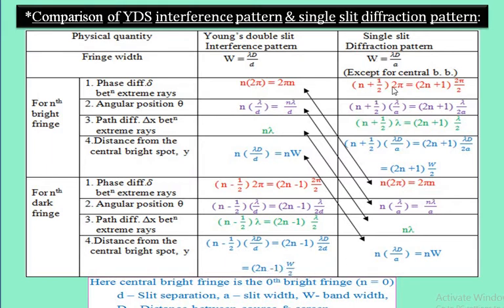And in case of a diffraction pattern, the formula becomes n into (lambda D divided by small a), and this bracket quantity is nothing but the fringe width w, which is equal to n into w. Comparing this table, it is observed that the formulas shown by the arrows are the same, and these formulas are also the same but with a change only in sign.